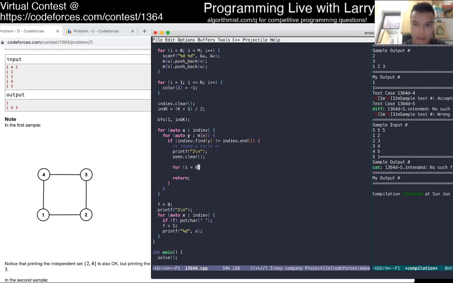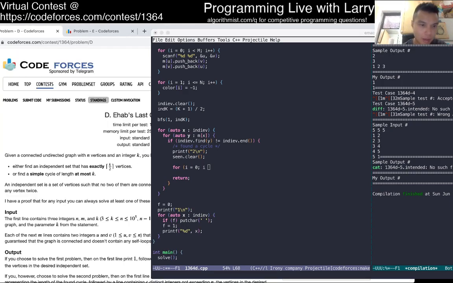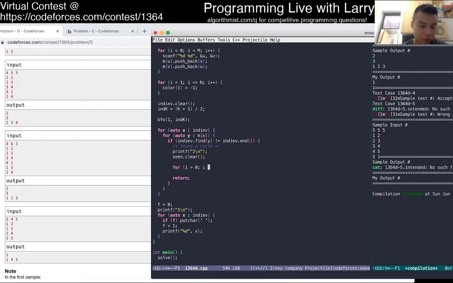I mean, I don't know if I could get this in time, but it'll be close, and even if I get a wrong answer, it's probably fine. I think I have most of the algorithm right, even though it took a long time. So now, let's just say, I could just do it here, it's fine.